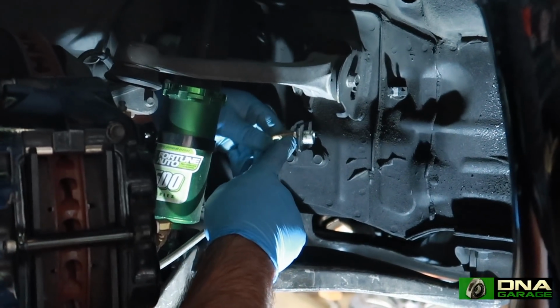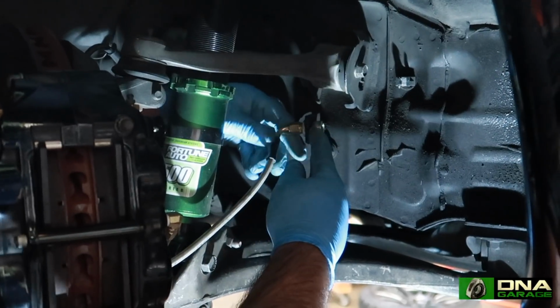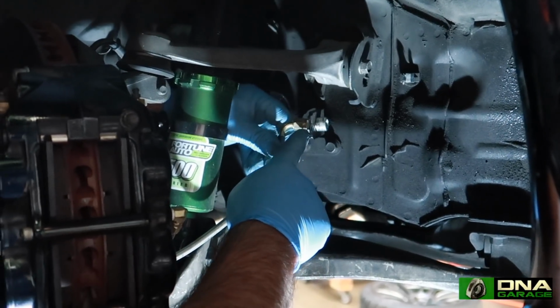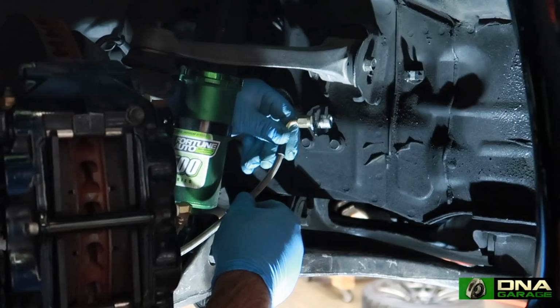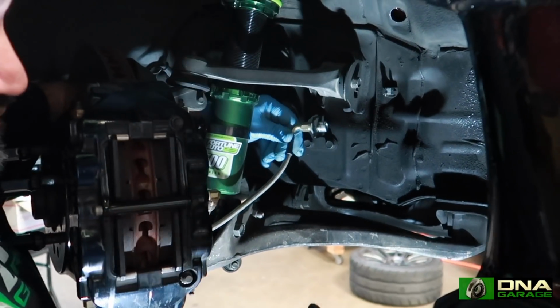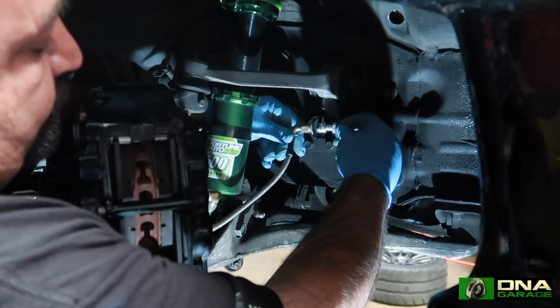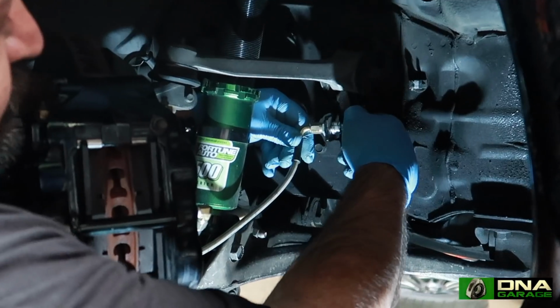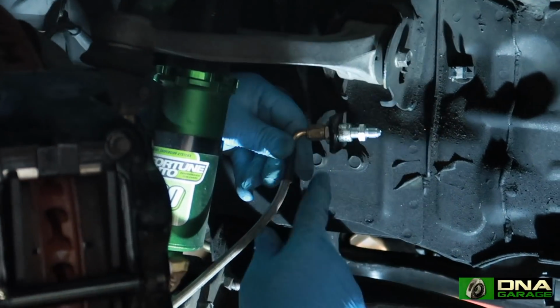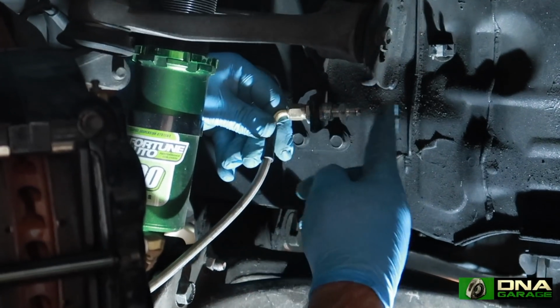Unfortunately, this adapter is not the correct one for this car, so there's no way of putting your locking pin, which we'll end up finding a way to secure. 90% of the time, the factory one should be locked in with a C-clip, which you don't have to remove. You grab your adapter and basically just screw it in, and you tighten it up until you get a complete seal,